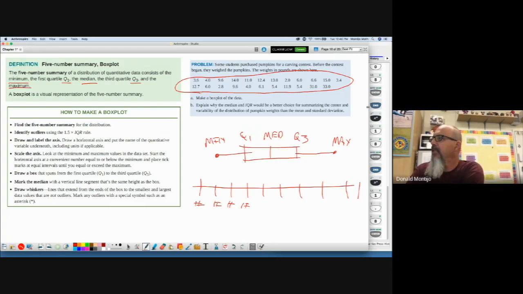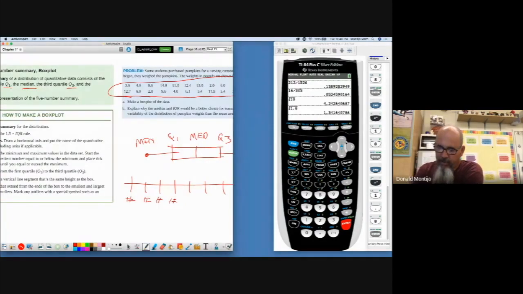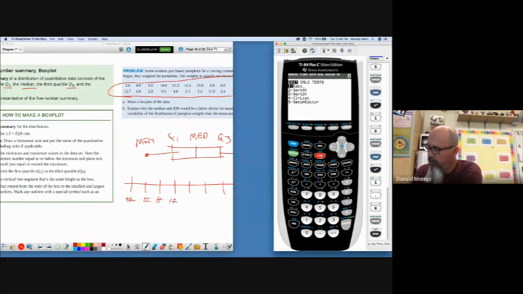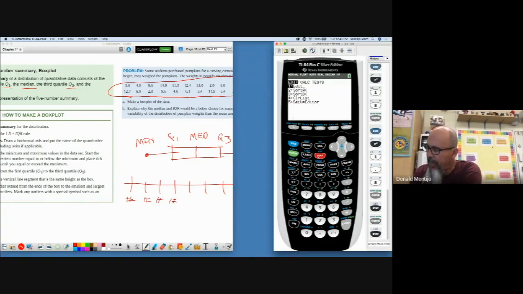So let's go to our calculator and let's put all of the data into a list. I have already done this beforehand. So if I go to stat, edit, I put all the numbers in the list. Well, to make a box plot, I need the 5-number summary. Well, lucky for us, the calculator will do it for us. So if you go to stat, calc, 1-variable stats, list 1,